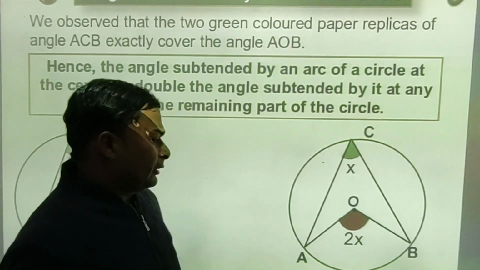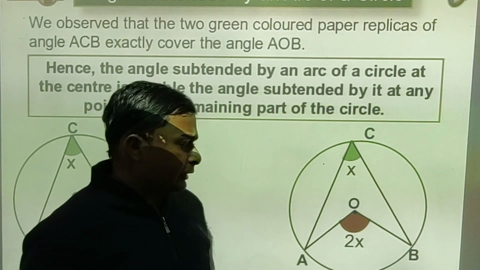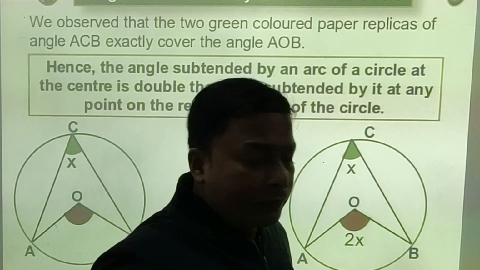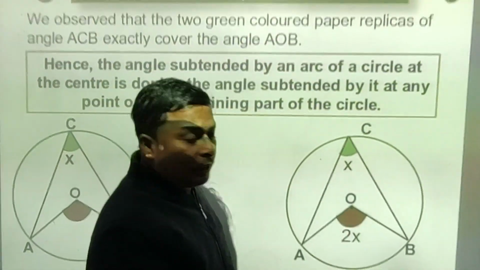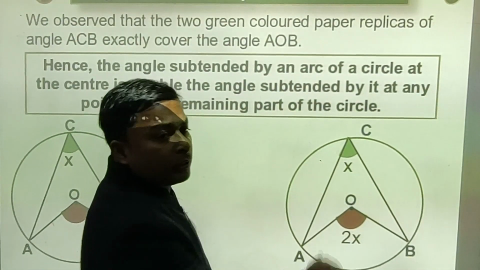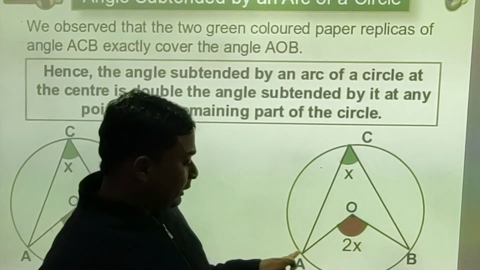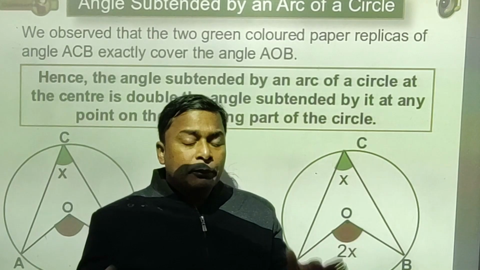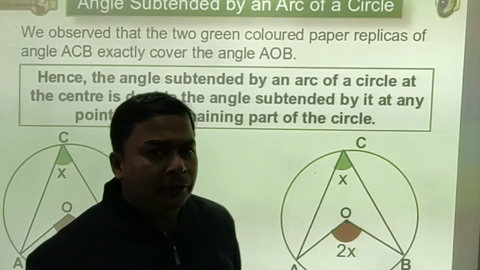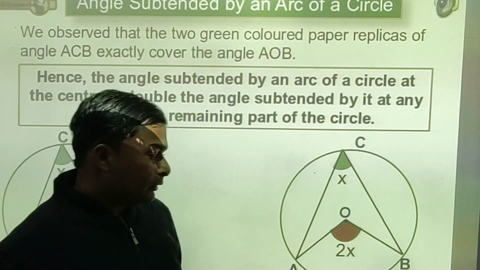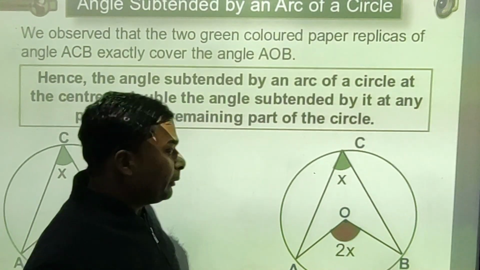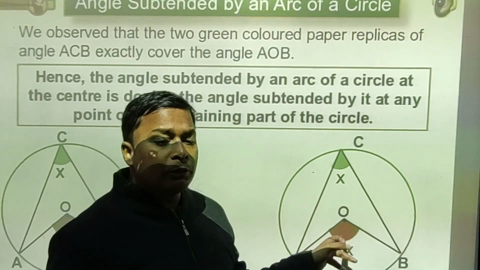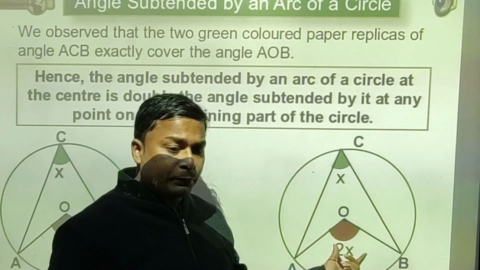Now let us proceed. How can we prove it? My dear, it's very simple. We can draw a line from C to O, such that the quadrilateral AOBC is divided into 2 triangles. What will be the nature of the triangles? Can you tell me? Isosceles triangle. Very good. It means if I draw a line from here to O, this angle will be acting as an exterior angle on both sides.